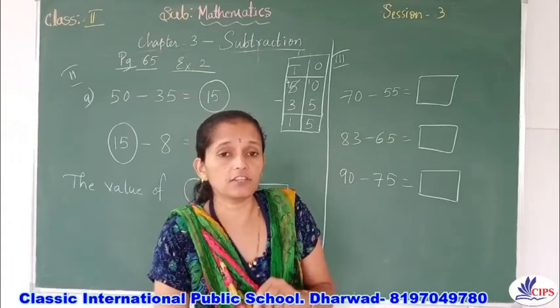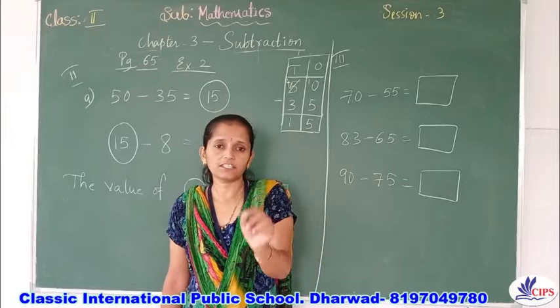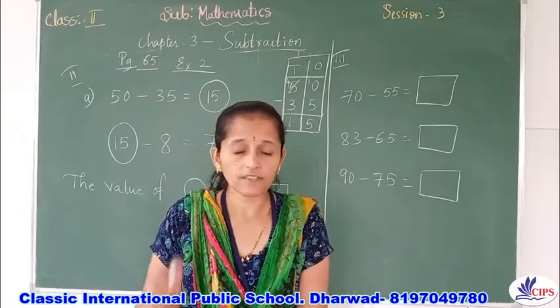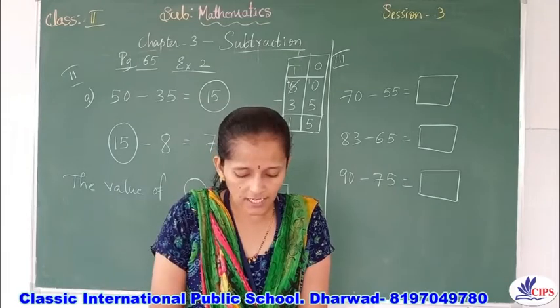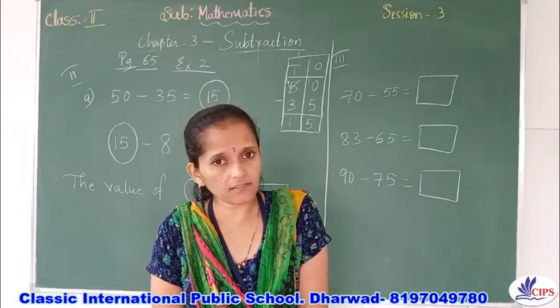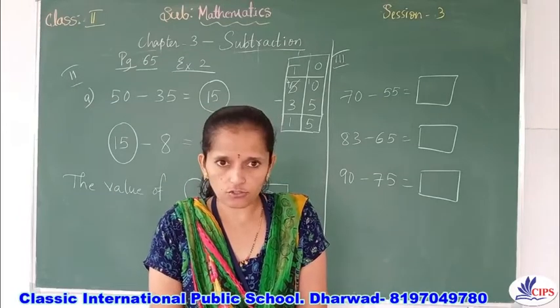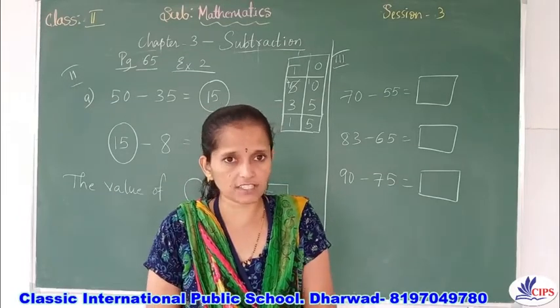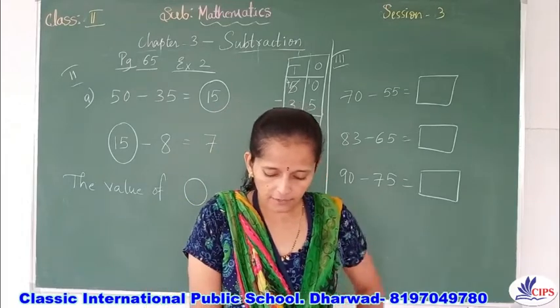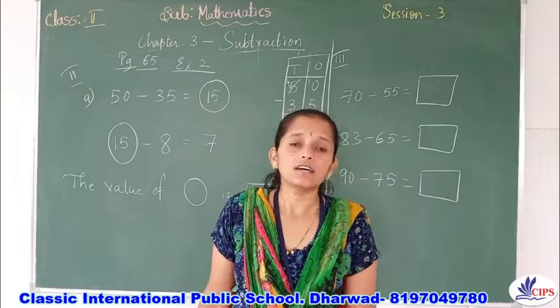They have given you some letters specified to each number. So what to do? You have to do first 64 minus 4. Whatever answer comes, you write in that particular box. In the same way you do 91 minus 9. That also you write. So first you fill in all the answers. Then go for the second step: fill in the letters according to the answer.